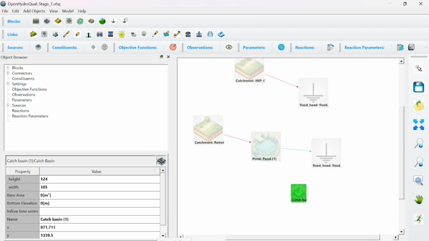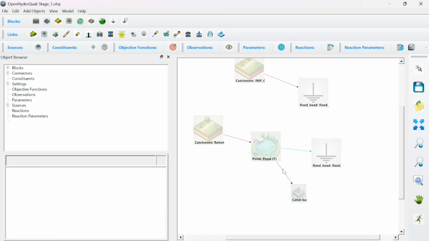But I'm going to use just a sewer pipe, right, which uses Manning's equation. So basically, let's say I have a sewer pipe here, and then I have another sewer pipe connecting my,